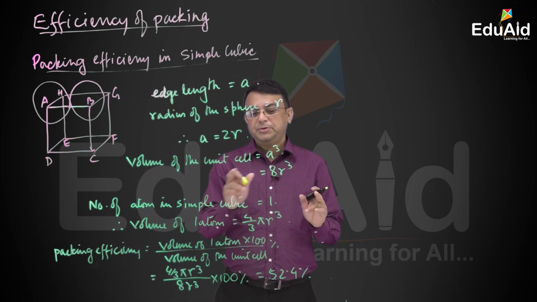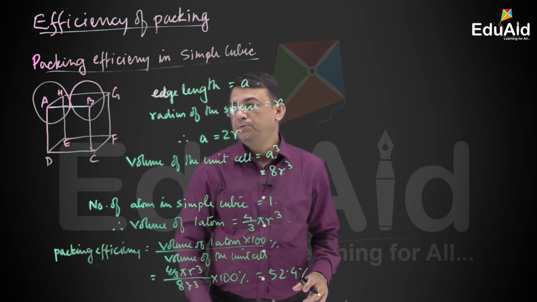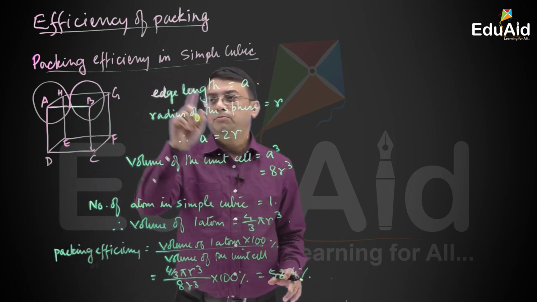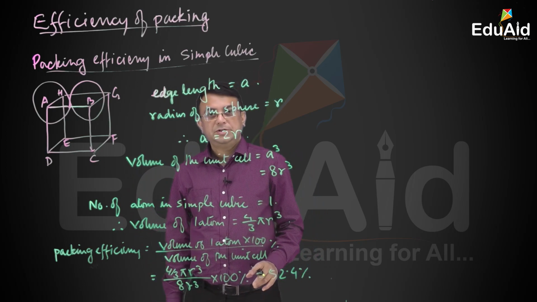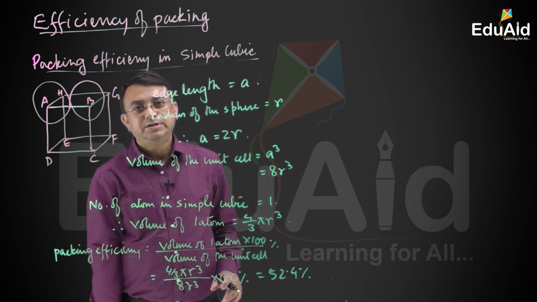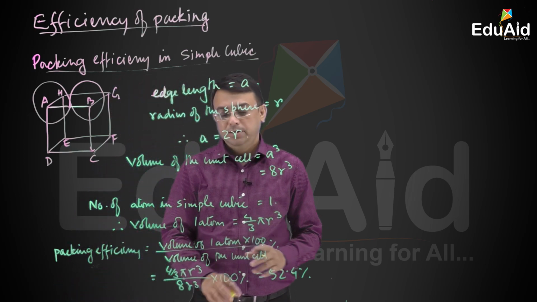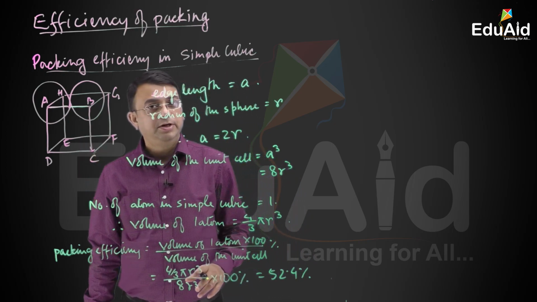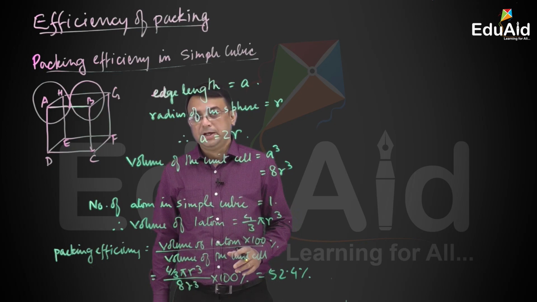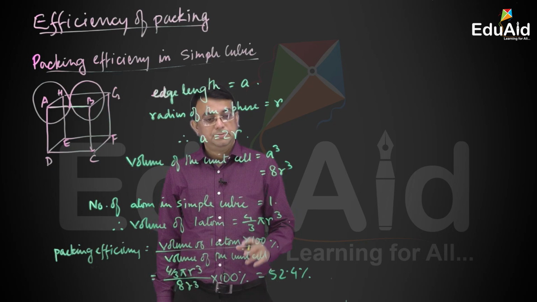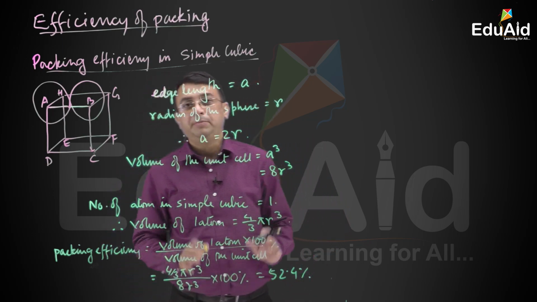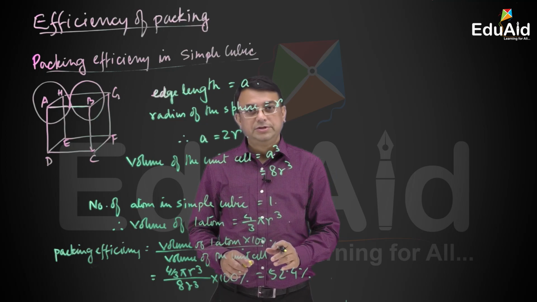So finally, what we have seen in three types of unit cell: in primitive, body centered and face centered. In primitive, efficiency of packing is 52%. That means 52% space is occupied, remaining space is not occupied. In body centered, the percentage of efficiency is 68%, and in FCC, face centered cubic, which is also called CCP, the percentage of packing is 74%. So out of this, FCC is the most efficient packing, isn't it? FCC or CCP. So up to this part you have got the idea about the efficiency of packing and how to calculate the efficiency of packing.